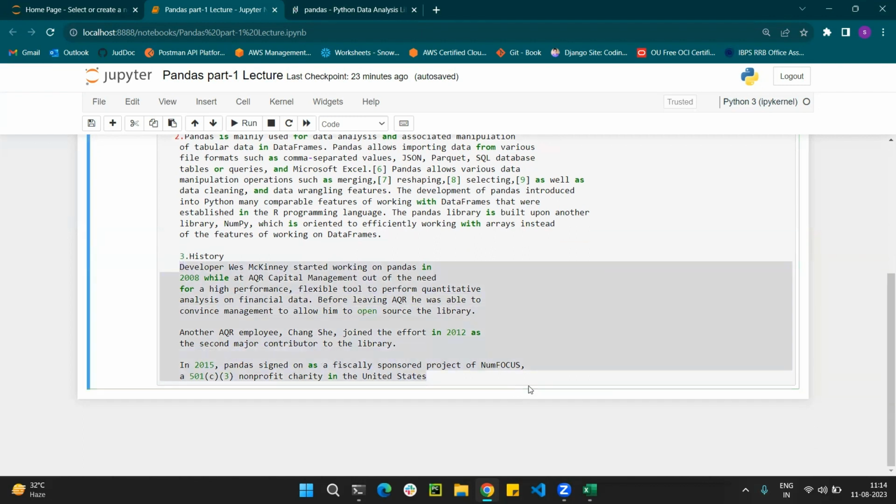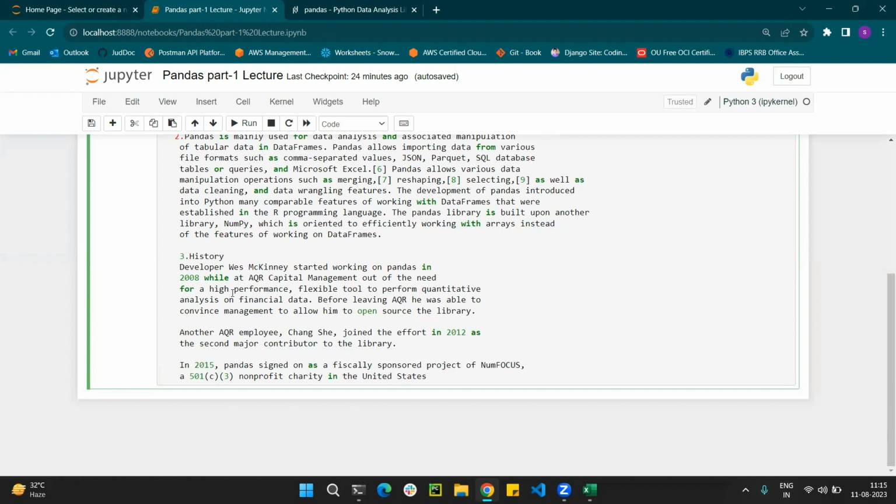Okay, so what is the history, and who was the founder, the father, or whatever you can say. The developer was with McKinsey, and he was also a startup. McKinsey is a big company. So here, he started working on Pandas in 2008 while at AQR Capital Management, out of the need for high performance.